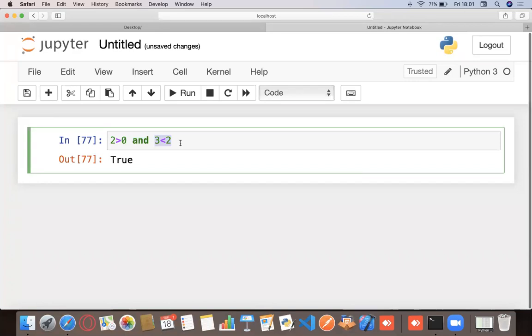What does AND mean? Both of them have to be true, right? Only then my output could be true. So right now, 2 is greater than 0. It's true. And is 3 less than 2? No, it's false, right? That's why the answer is false, because true and false is false. Only if true and true, it's going to be true. Rest all the cases would be false.